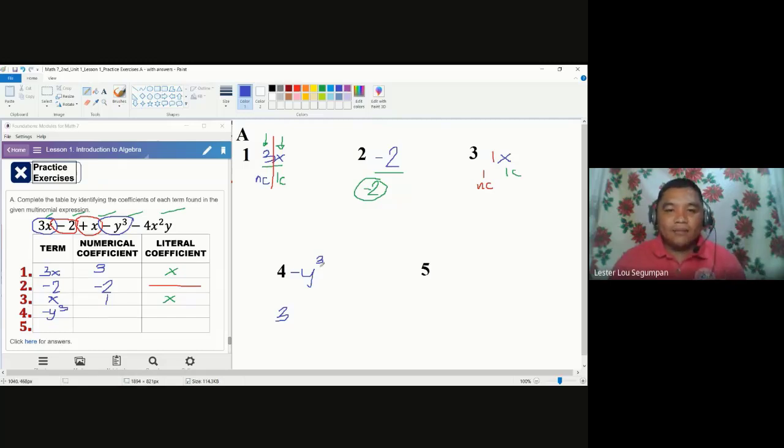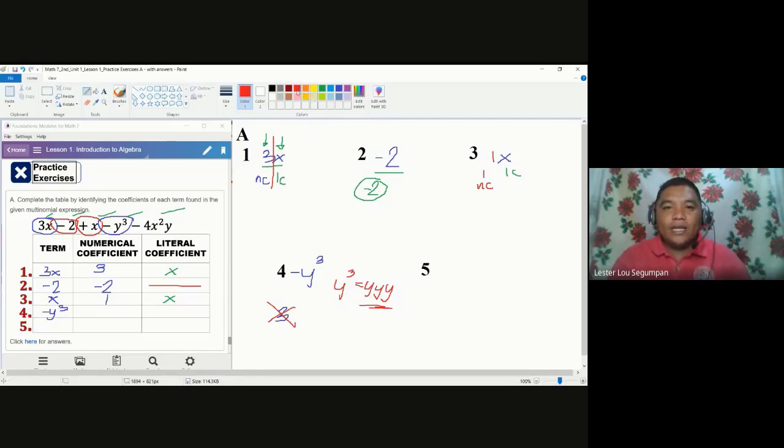This is actually the same as, okay, if we are going to use y cubed, y cubed actually means there are 3 y's multiplied to each other. As you can see, there's no numerical figure here. I mean, there's no 3 here, but there are 3 y's. This means that the 3 here is not a numerical coefficient. It's part of the condensed form of 3 variables of y multiplied to each other. So what is our numerical coefficient here?